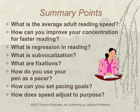How does speed adjust to purpose? Well, if you're reading for leisure, like a novel on the beach, you're probably going to read way faster than if you're reading for study out of a textbook. A textbook has so many distractions with pictures and graphs and summaries, so you will read slower, and that's okay. As long as you still use the same techniques for both textbooks and for leisure reading, your reading rate will increase across the board, but your textbook reading will never probably be as fast as your leisure reading, and that's